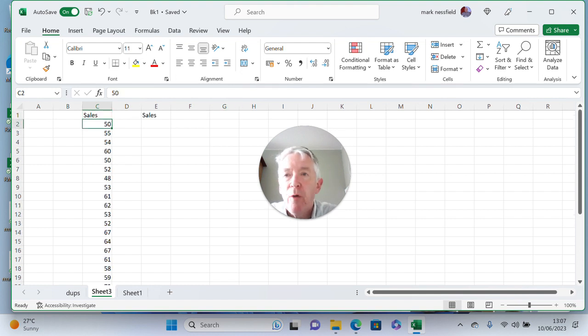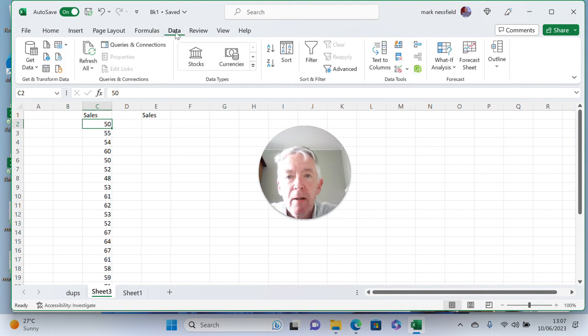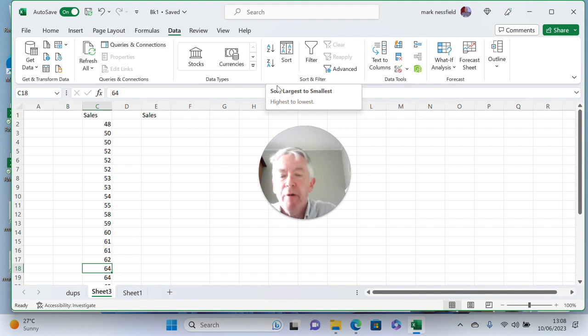What you can do is go to the sort. So smallest to largest, and we can manually check when we see more than one digit together, and we could sort in the opposite direction as well. I'm going to Control Z, and